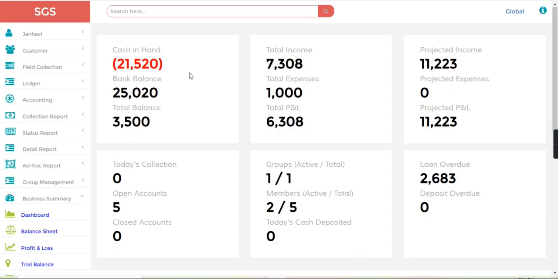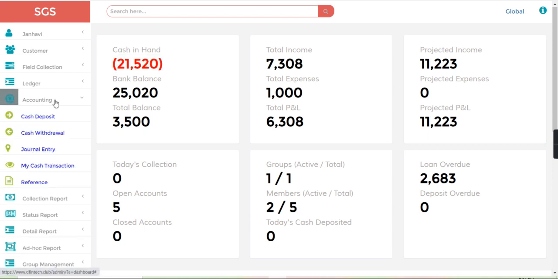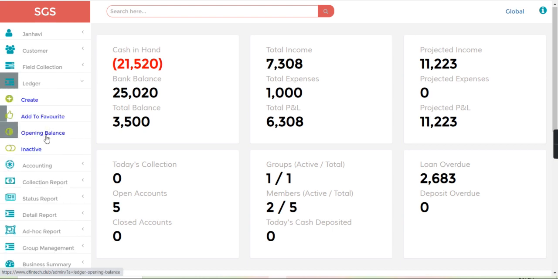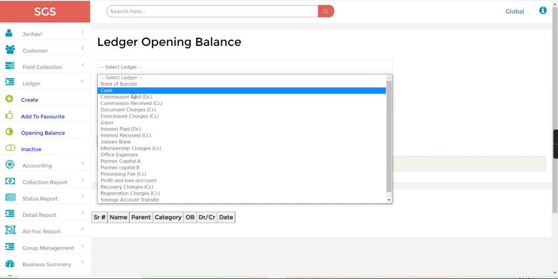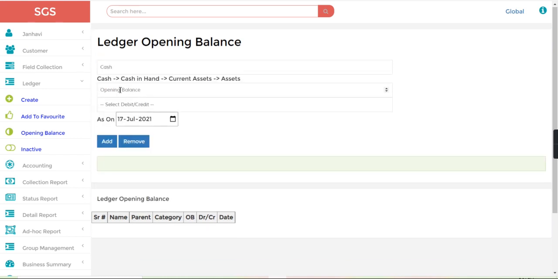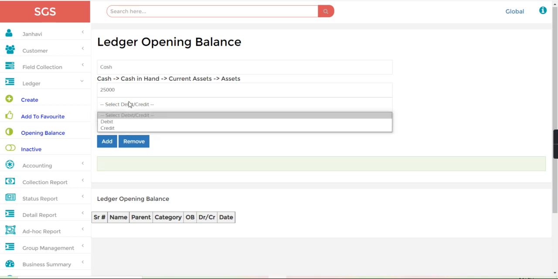So here cash is minus, so I will go to the accounting, or you can go to the ledger and add the opening balance. So here I will select cash, and let's say I want to add an opening balance of 25,000.